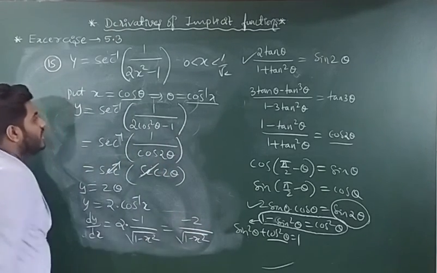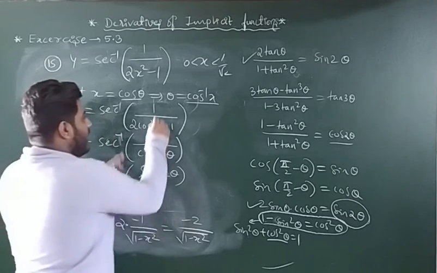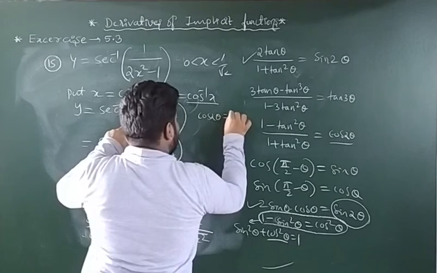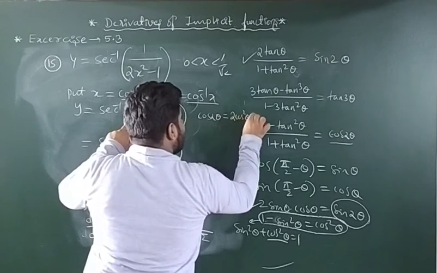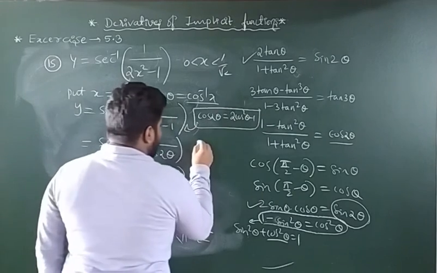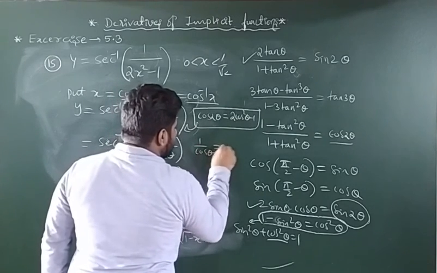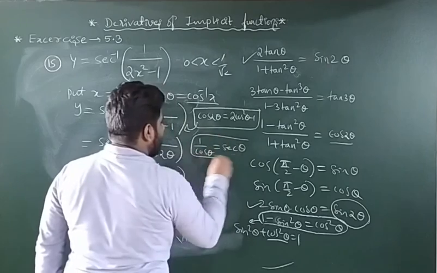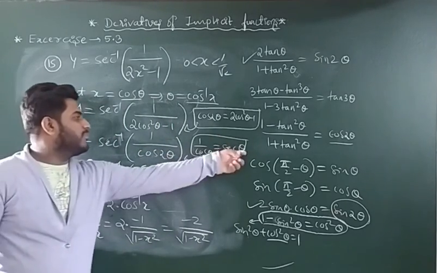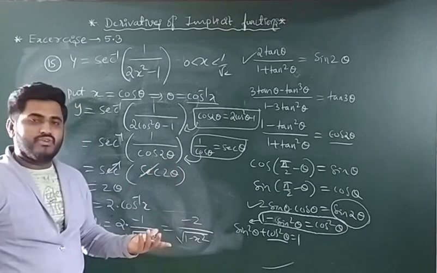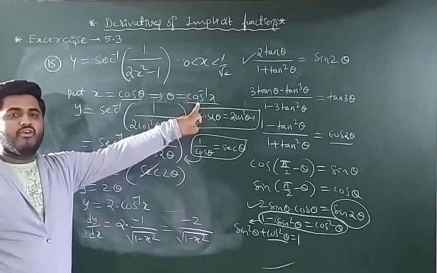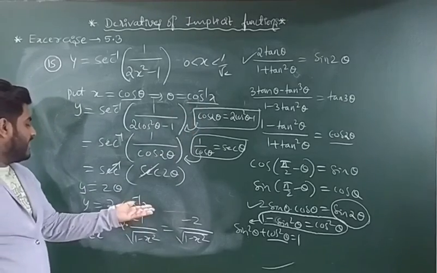2 into 1 is 2. So here, how are we getting this? Carefully see here, guys. Cos 2 theta, the formula we have is 2 cos square theta minus 1. This formula we used here. Right. So 1 by cos theta is equal to sec theta. That formula we have used in this step. So these are the formulas, right? In place of theta we have 2 theta, therefore we have got 2 theta. Secant gets cancelled. 2 theta, and in place of theta we have cos inverse x. Cos inverse x we have taken.